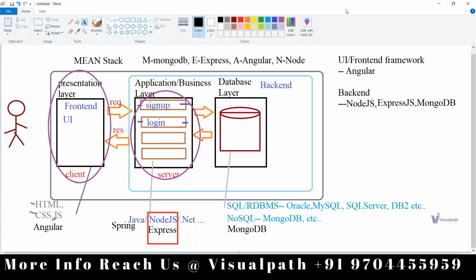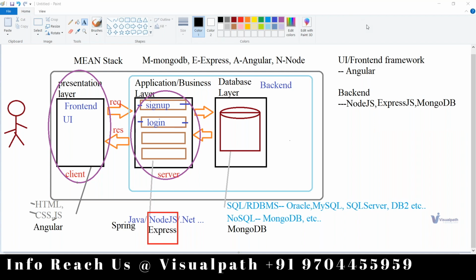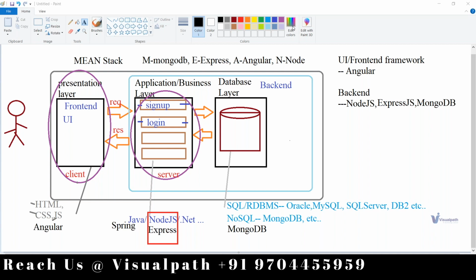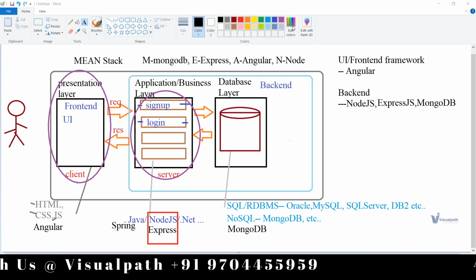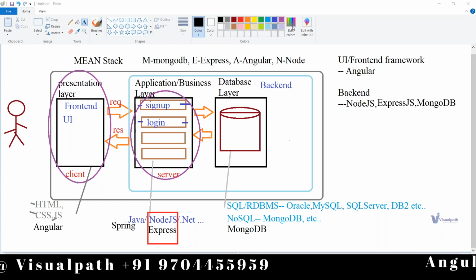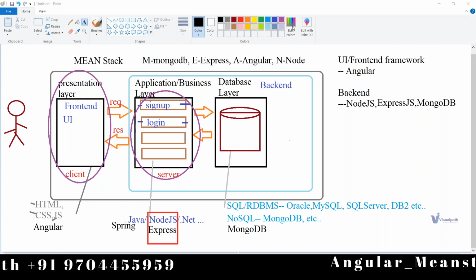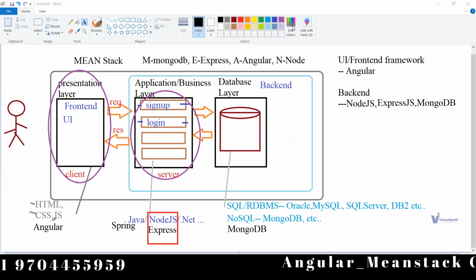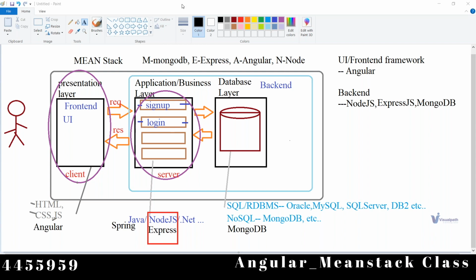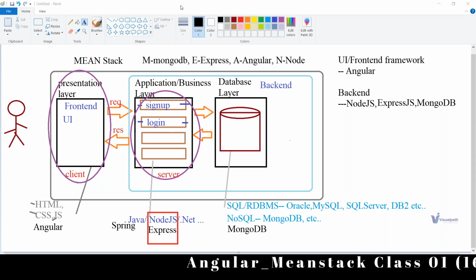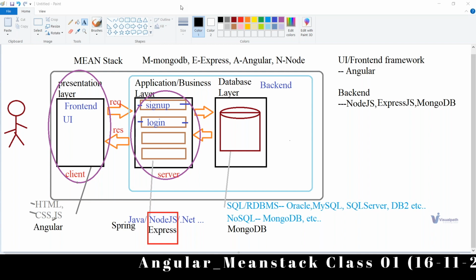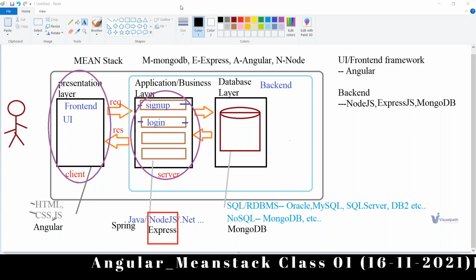Here it is not like you'll be learning only concepts, just learning Node, learning Express. No, it won't be like that. Whatever you learn here will be in a practical approach. If I talk about Angular, you'll be learning Angular-related fundamentals: what exactly Angular is about, what is Angular and why Angular.